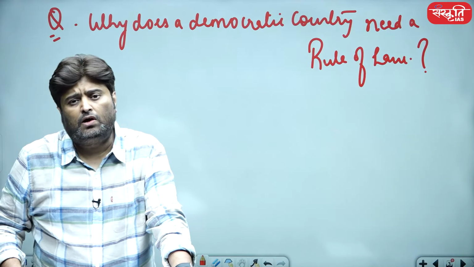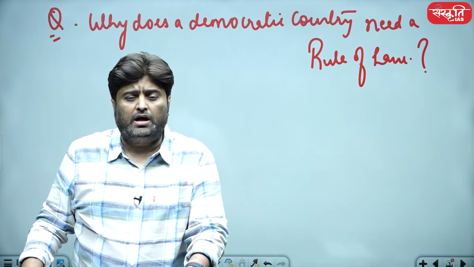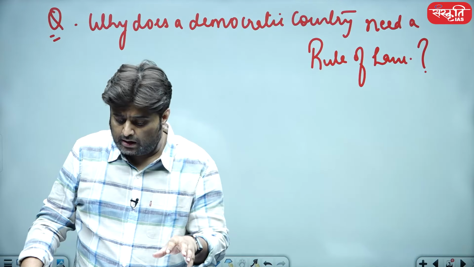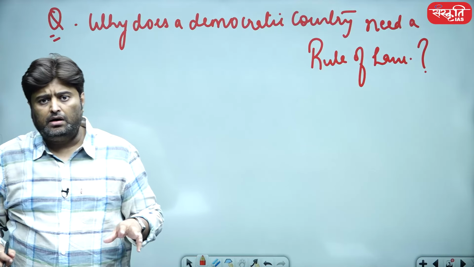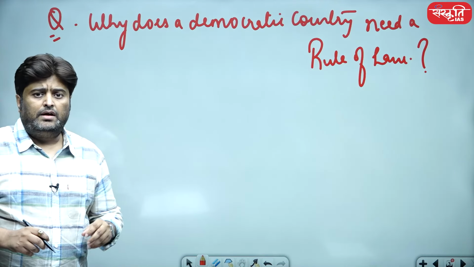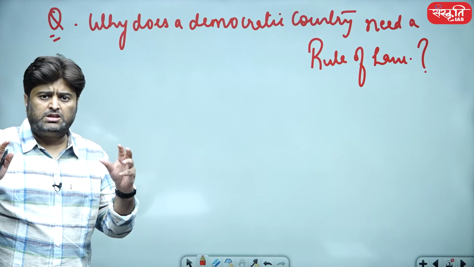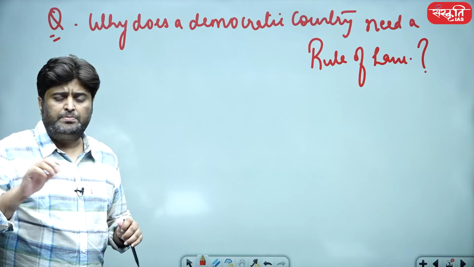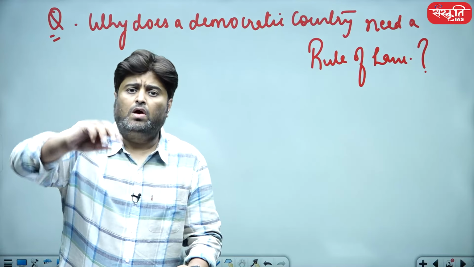And if rule of law is not followed, then it is a complete obliteration, a complete deterioration of the democratic value. The question is, why does a democratic country need a rule of law? And A.V. Dicey answered it very specifically. Dicey had one apprehension, दिसी को एक चीज का डर था. A.V. Dicey had one specific apprehension, and his apprehension was that there are a lot of countries